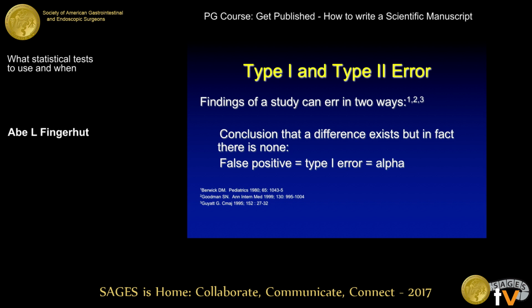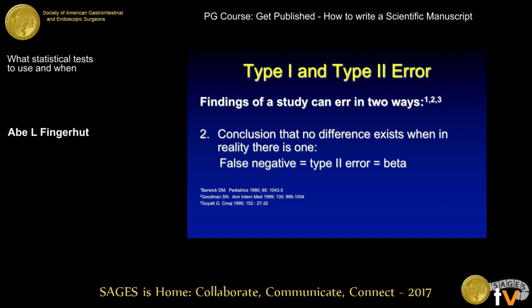This leads me to talk about the two types of errors that I mentioned this morning. Once again, the first type of error, type 1 error, is the false positive error. That means we conclude that there's a difference, but in fact there is none. Everybody knows that definition, everybody understands it, I'm sure. It's that p-value that we use, as a matter of fact. It's the quantification of the probability of what we're saying being false, a positive result being false. That is, we conclude that there's a difference, but in fact there is none.